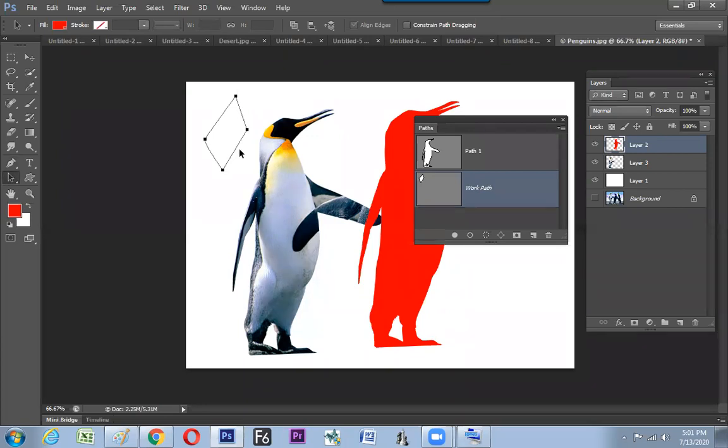Sir, why do you need so many paths, in general? So path is meant to make vector designs. A vector design can be scaled up to any size without losing quality. Why do we make the design? Because to maintain the quality in vectors. Till now, what are the things we have done? We have not done anything with paths or shapes. That's why what is happening? It loses quality if you scale.